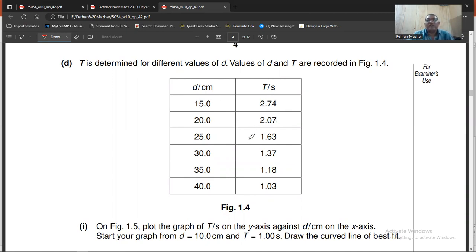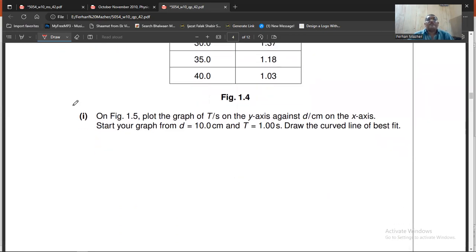For 20, it is 2.07. At 25, it is 1.63. For 30, it is 1.37. For 35, it is 1.18. And for 40, it is 1.03. He says on the figure 1.5, plot the graph of the T in seconds on the